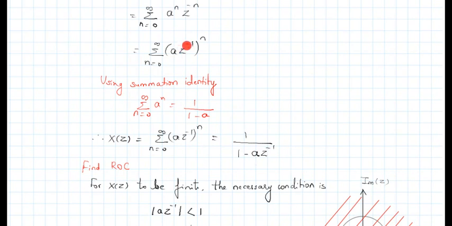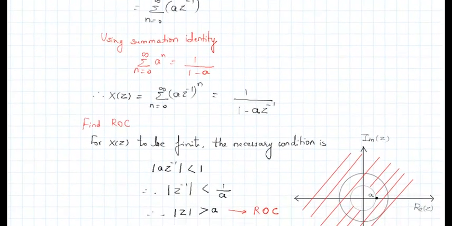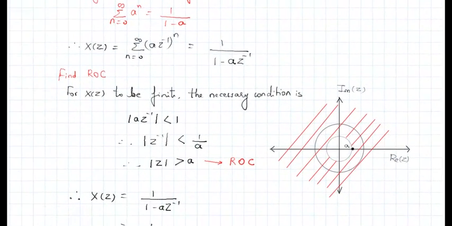So this is my term here. Correct. So if I use this identity, this is what I get. Now before we discuss this further, it's time to identify the ROC. Now for finite sequences, we identified those values of z which made the z transform infinite. On the same lines here, how would we identify the z values?